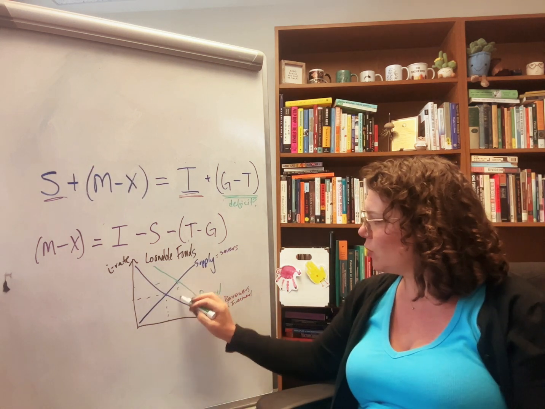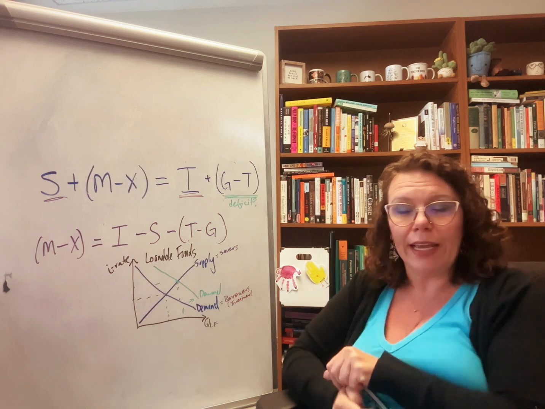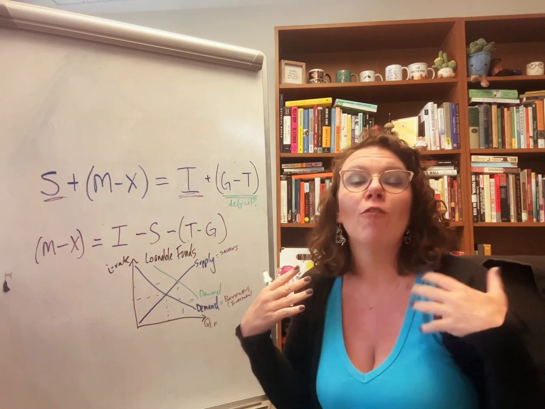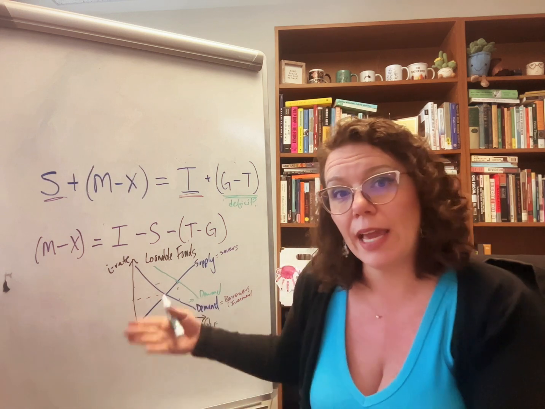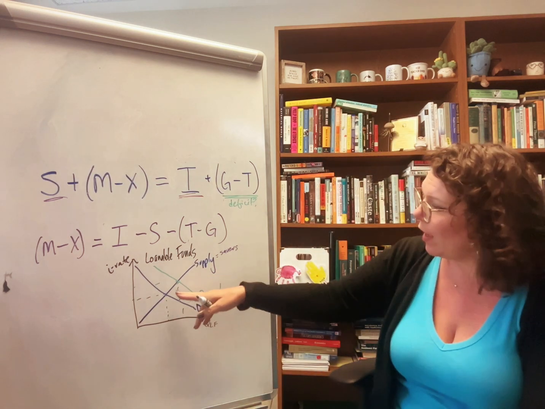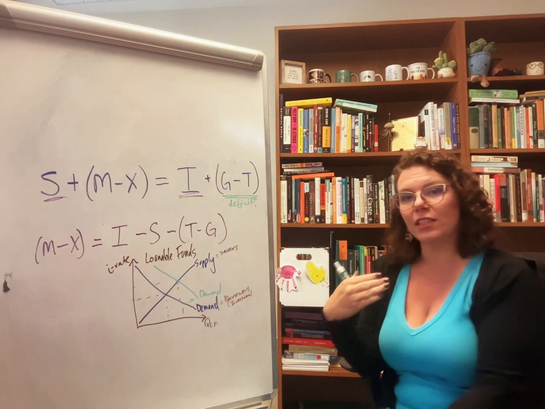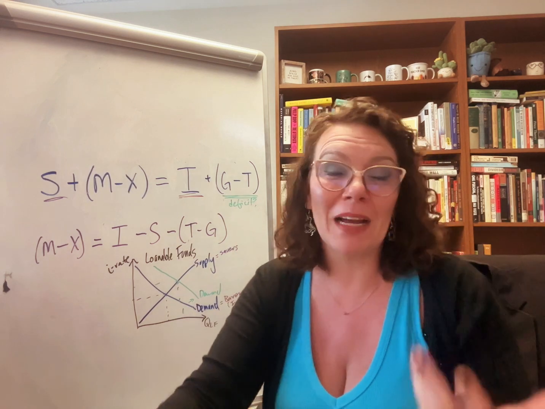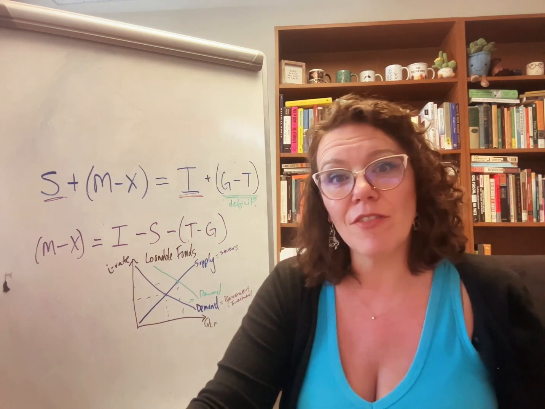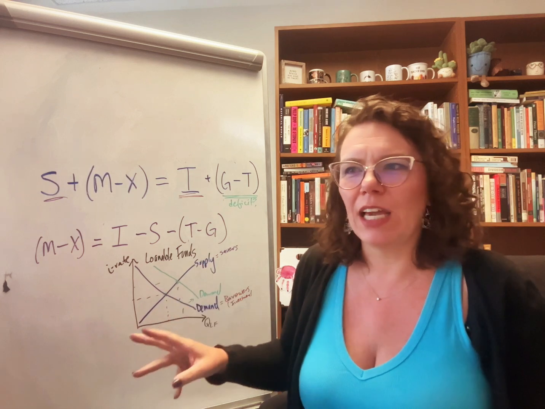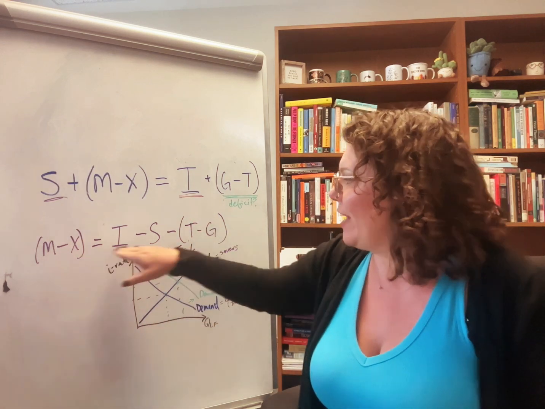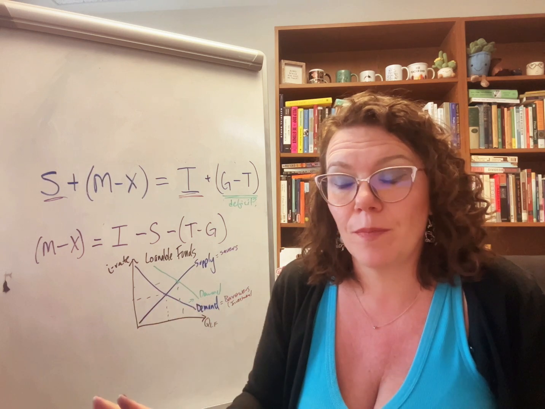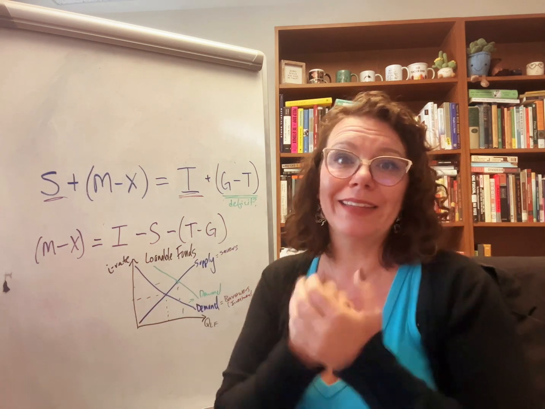And where's this extra money going to come from? Well, it's going to come from, in many cases, according to that national identity, foreign investors who are willing and able to say, wow, since interest rates are so high, there's such a nice return on that US debt. I would love to buy some of it and make money off of it. And so that's another way of thinking about it. But it all has to even out. And that's kind of what the big takeaway is from that identity. So hopefully that helps it make a little bit of sense.